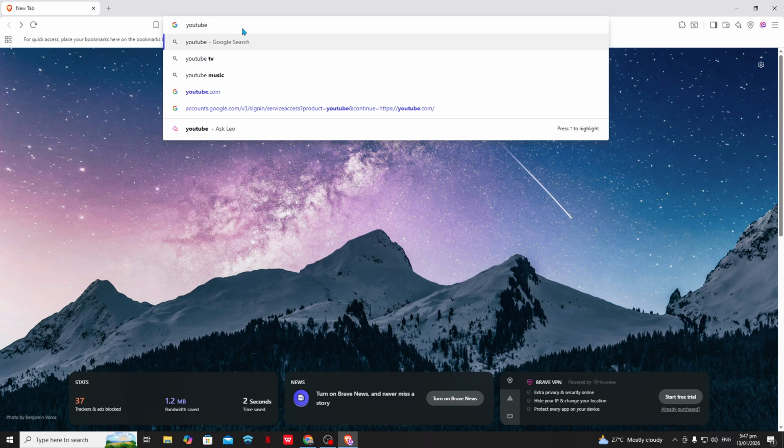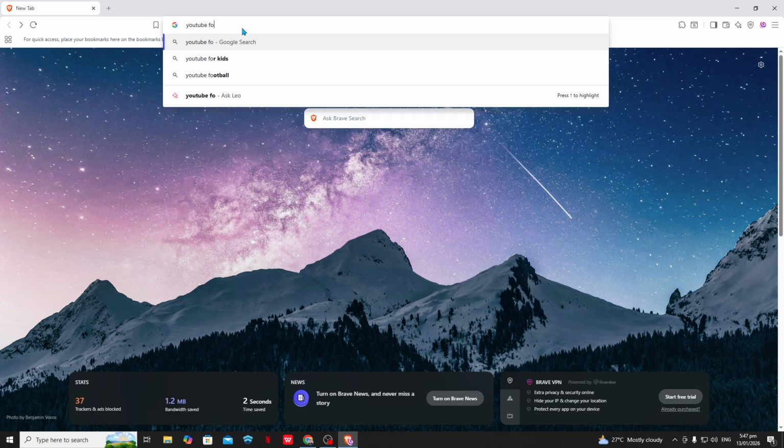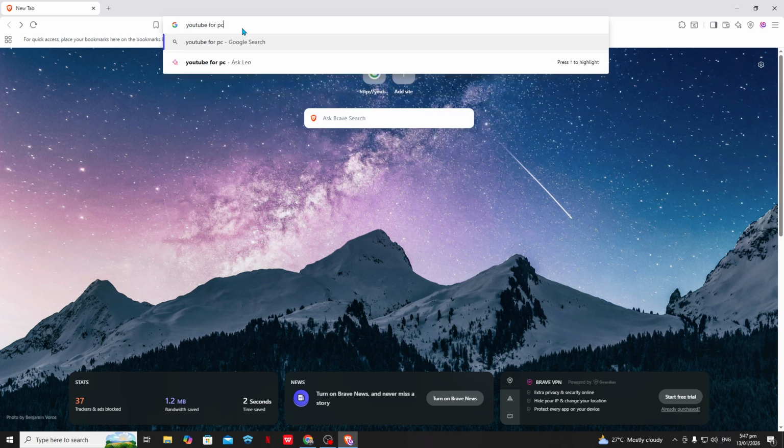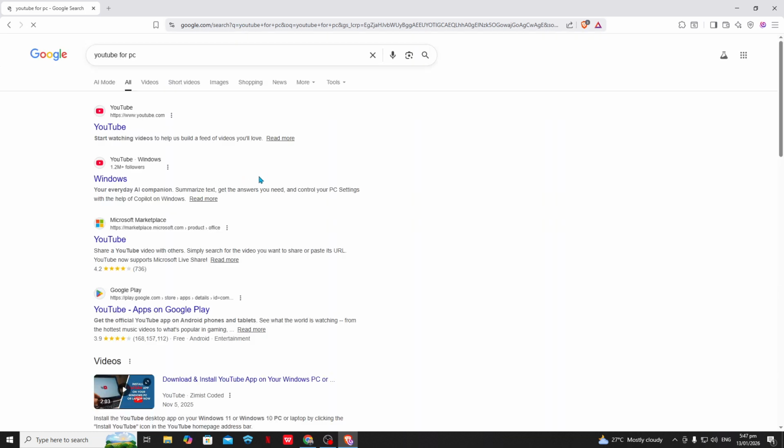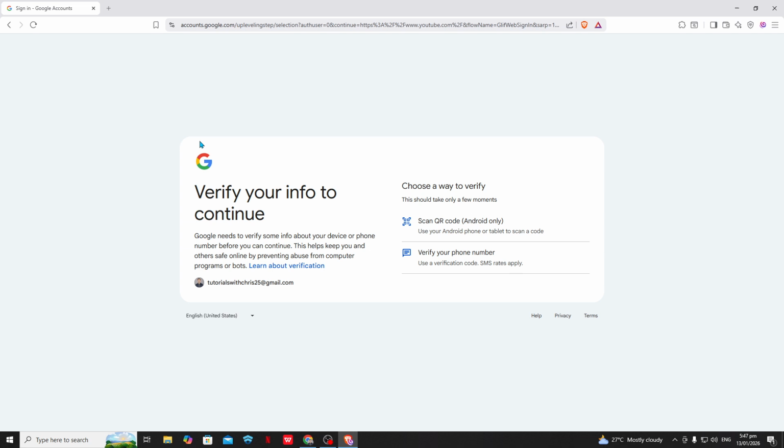Check your desktop and your Start menu for a new YouTube icon. If you want quick access, right-click the icon and choose to pin it to your taskbar or Start menu. That way, you can open YouTube just like you would any other program on your computer, without first launching Brave and typing in the address.